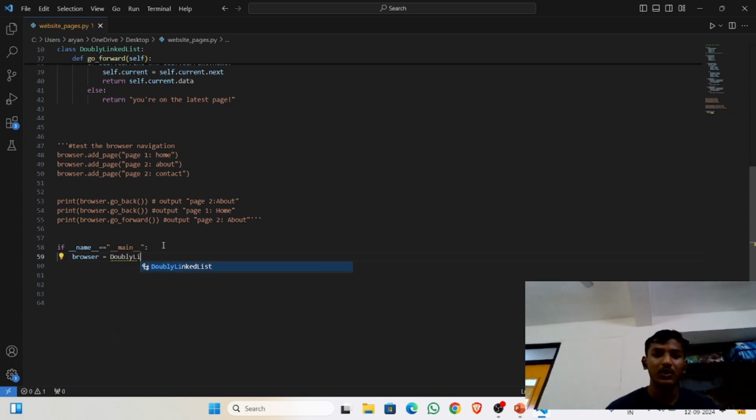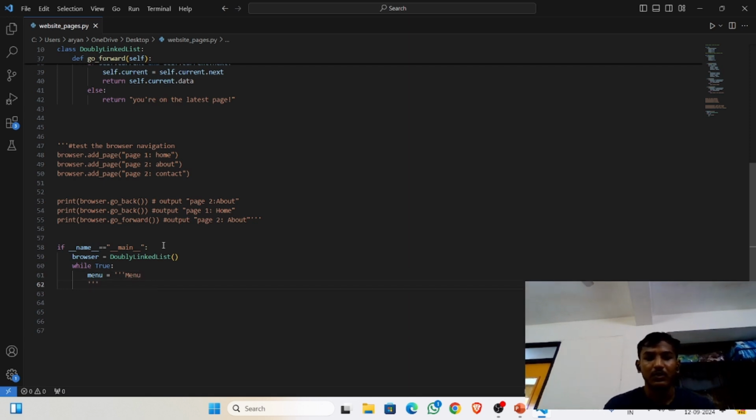request. We created a doubly linked list. Now it's the use of the doubly linked list for showing how it moves forward and backward. While the statement is true, it shows the menu. This menu, you just show it by commenting, so you have better clarity. Menu is